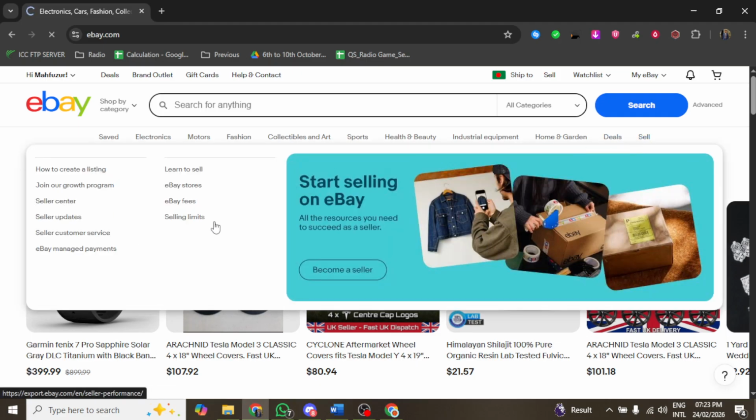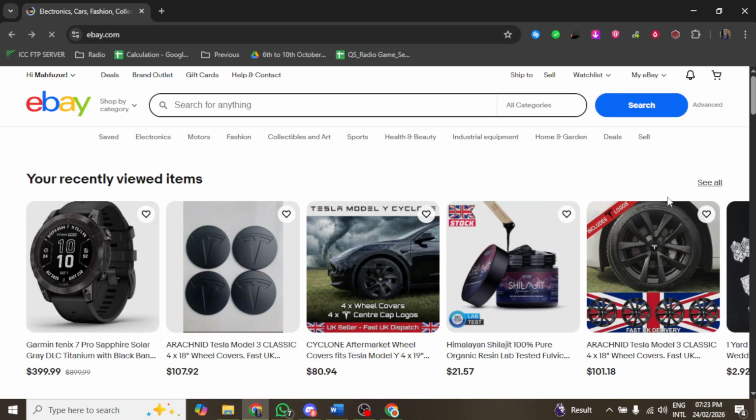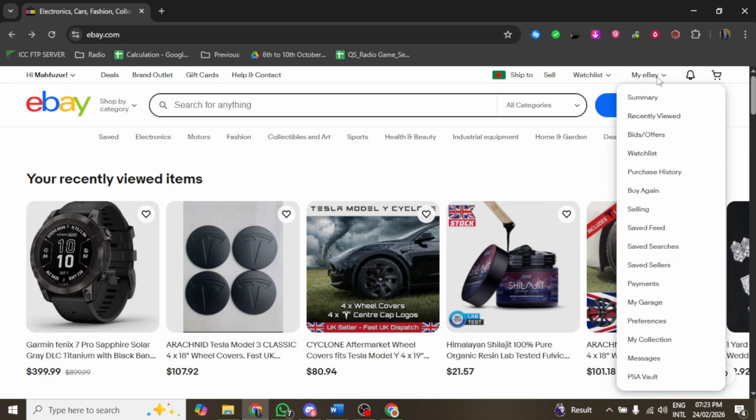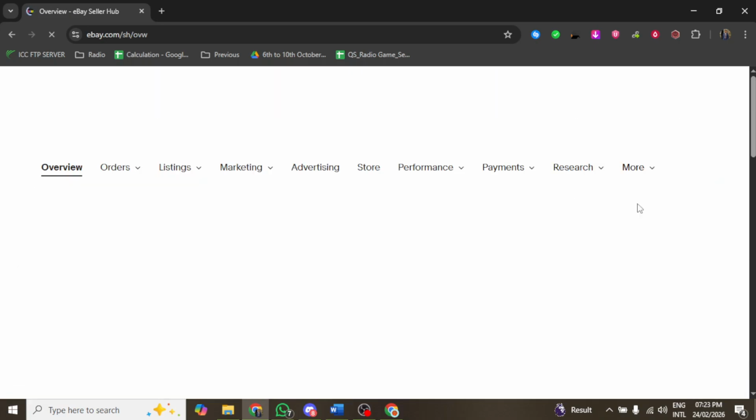After you enter the Seller Hub, locate the Marketing tab in the top navigation bar and click on it. This will take you to the marketing tools available for your listings. Next, within the Marketing tab, look for the option labeled Promotions. Click on Promotions to access the Promotion Management area. Here you will see various promotional tools, including options to create markdown sales, which are specifically designed to enhance your